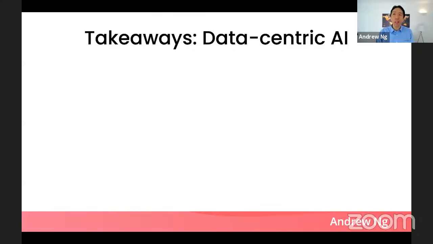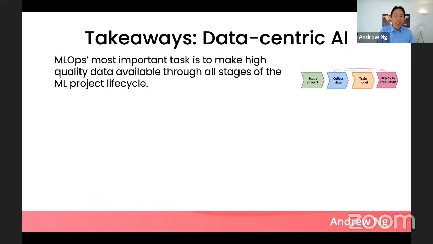This is my last slide, then we'll go to questions. Takeaways I hope you will use, and this is the first time I'm speaking publicly about these ideas. I've been shaping them for over a year with some of my collaborators. But if you think these ideas are useful, please help me spread the word and help ship people to data-centric AI. But takeaways, I think MLOps' most important task: make high-quality data available through all stages of the machine learning